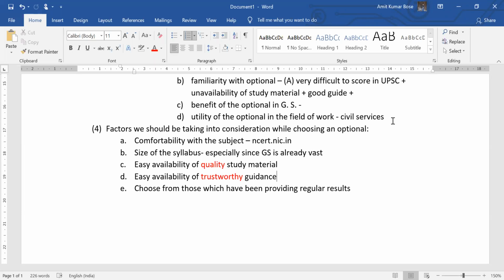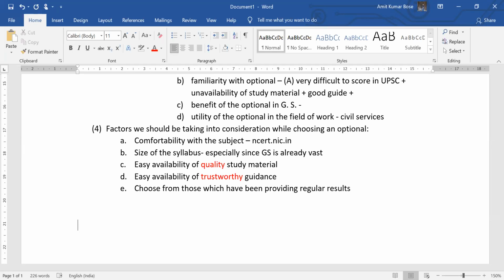Here I'm doing something which is normally a bit uncharacteristic of me. I'm sharing those optionals with which we have seen more candidates secure selection. Normally, I prefer not naming any optional, not promoting any optional for that matter. It should be someone's choice, but for your betterment, so that you can easily do things, that's why I'm discussing a few optionals, a few subjects with which we have seen more candidates